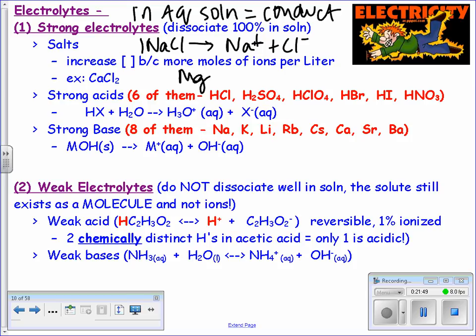Magnesium. That would be similar here. Give me something more than 3 moles of ions. That's only 2. Magnesium phosphate. Good job, guys. Okay, so what does that dissolve into? Ions. 3 Mg 2 plus and